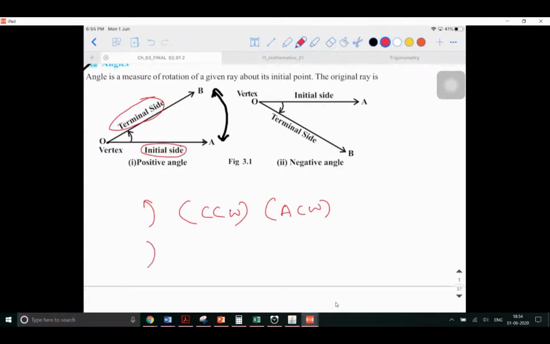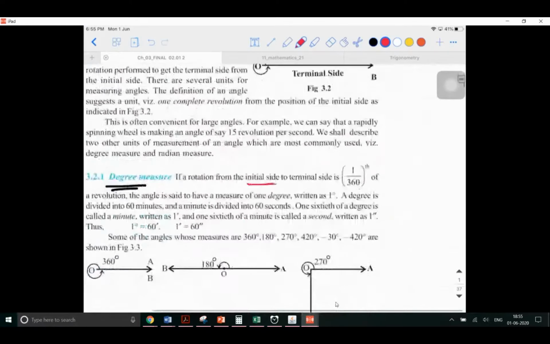Similarly, if the arrow mark is put in the downward direction, then we call it as clockwise rotation. Okay, that is, if you look at your clock, that is how the seconds or the hands, anything is going to move. That is why we call it as clockwise. And the opposite of it is called as anti-clockwise. Have these two terms in mind because this is repeatedly used throughout physics and math. Okay. Now,